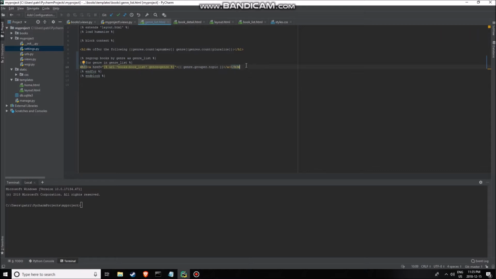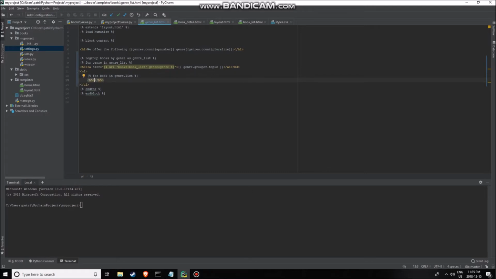And now to print out the books, I'm going to make a list tag, and then inside this we're going to do for book in genre.list. So again, genre is the named tuple from the regroup tag, and the list argument is the list of associated objects with the grouper. So all the books associated with the genre. So for each book associated with this particular genre,